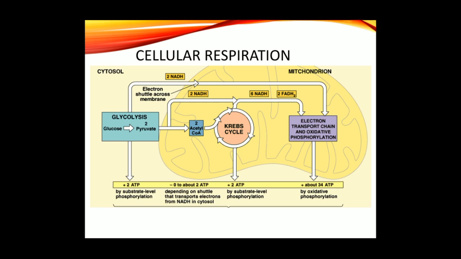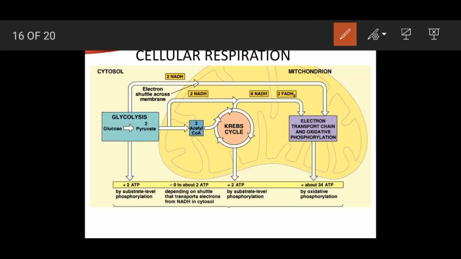Okay, so now let's see the overview of cellular respiration, which we have already discussed in the whole chapter. We have discussed the glycolysis process in which glucose converts into pyruvate. We have discussed the pyruvate oxidation process in which pyruvate converts into acetyl coenzyme A, two molecules of acetyl coenzyme A, and then it goes for the Krebs cycle, and then for the electron transport chain and oxidative phosphorylation. In glycolysis, you can see 2 ATP are formed by substrate level phosphorylation, and 2 NADH are also formed, which are carried to the ETC for further generation of ATP.